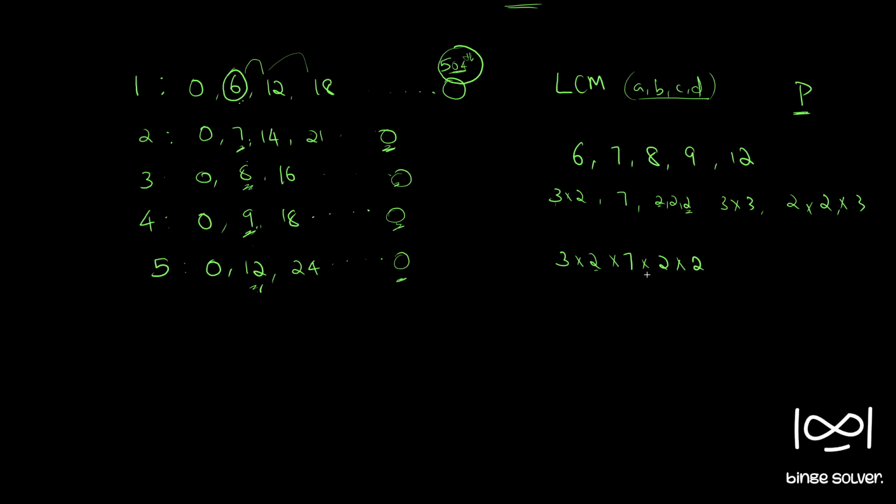So here there are 3 2s. Okay, now one 3 is appearing, which is already there. One more 3 is appearing, so we take that 3. And here 2, it's already there. One more 2 already there. One 3 already there. So this is the LCM. So we can find LCM like this also.